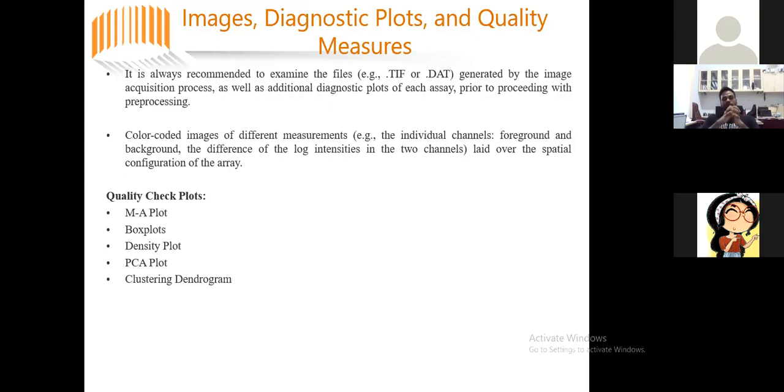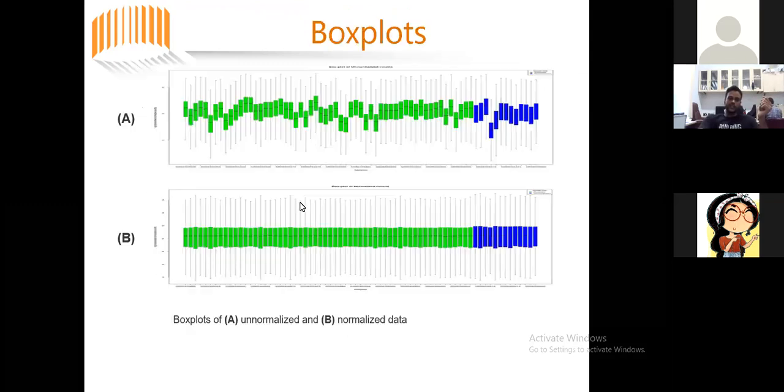Well, there are some diagnostic plots to assess whether we have properly done the normalization and summarization steps followed by batch correction, and whether the data is really ready for the differential expression analysis or not. The MA plot we have discussed earlier. This is the box plot.